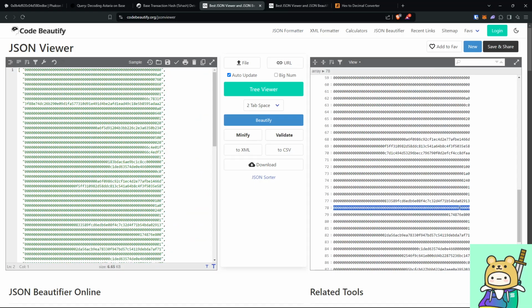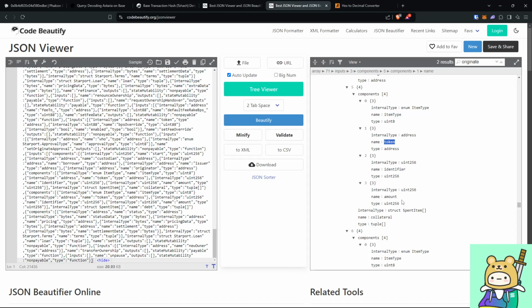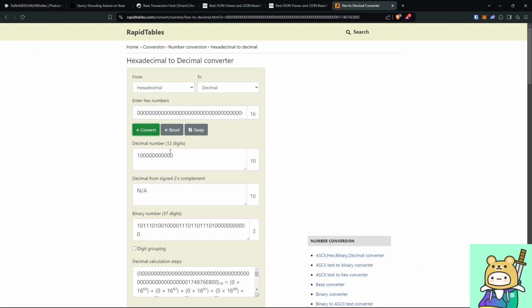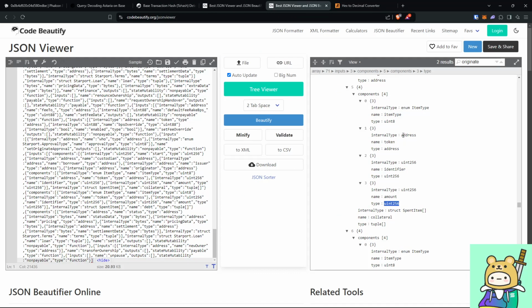The next is the identifier, 0. And the next is amount. Yeah, so let's convert this from hex to int. You get the amount of USDC in its raw format. Another thing to note here is that it looks like they're using item type and identifier in this sequence. In this combination of item type, identifier, token, and amount. This feels like, if you guys know OpenSea, its Seaport contract also uses this exact same thing, where item type